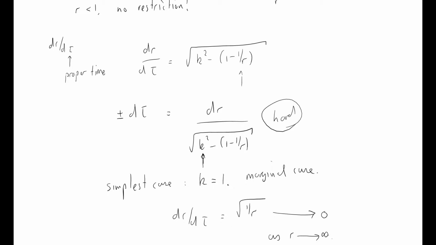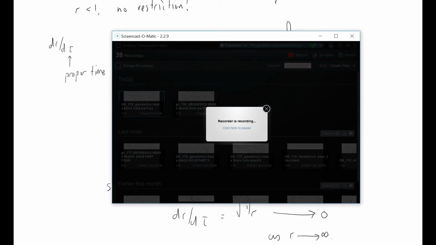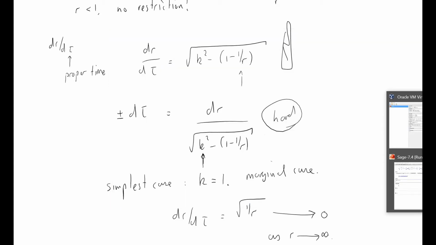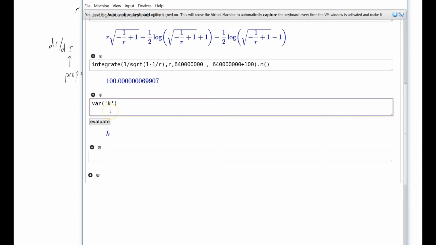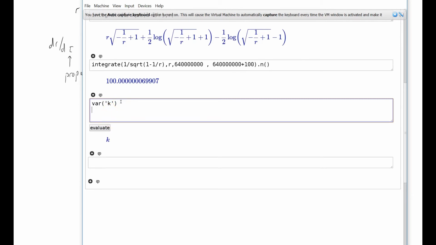The concept is quite easy. This is just a straightforward differential equation, or a straightforward integral to do. It's just difficult, and I'll show you why now. No, I didn't mean that one, I meant this one. There we go. I've set up k as a variable here. Now what I want to do is to integrate 1 over the square root of k squared minus 1 over r